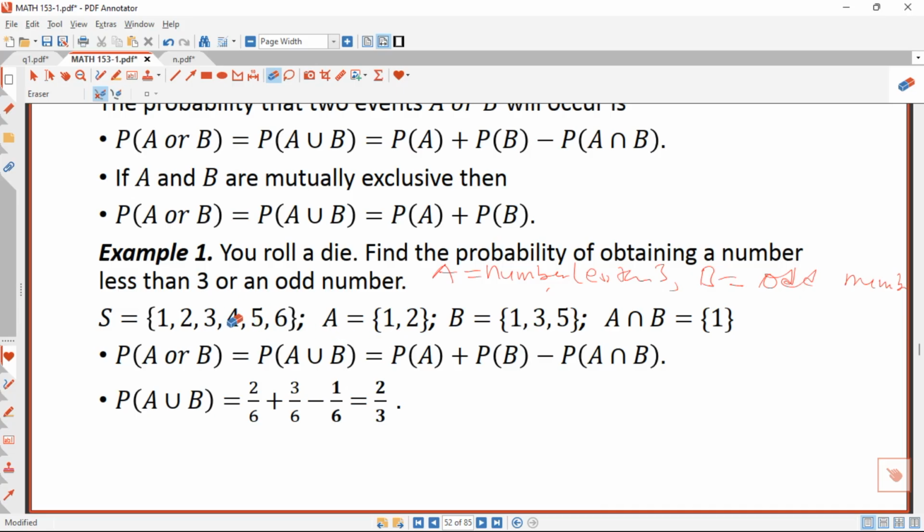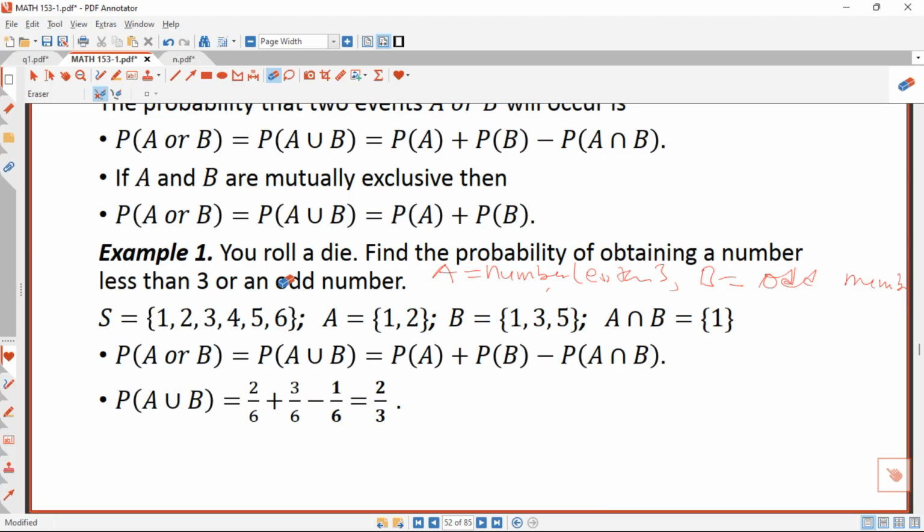Then we are told to get an odd number, so we just look through the sample space to select the odd numbers. We know that odd numbers are numbers that are not divisible by 2. So here we have 1, 3, and 5 as our odd numbers for B. Then we can see clearly that, though the question didn't give any information about whether the events for less than 3 and an odd number are